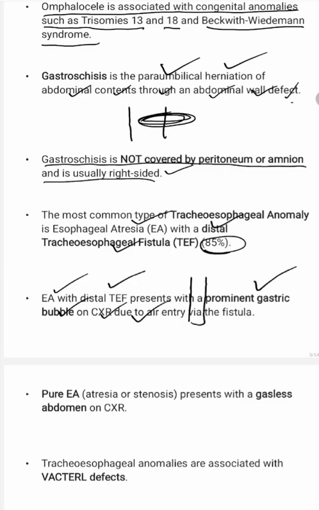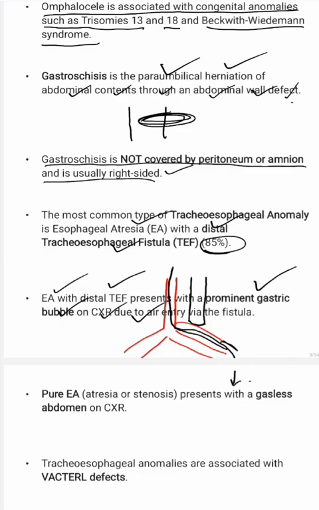So there is esophageal atresia. Now I am drawing the trachea. So this is trachea, then it divides into left and right bronchi. So this distal esophagus is connected to this trachea. Whenever a person breathes, air goes through this and into the stomach,